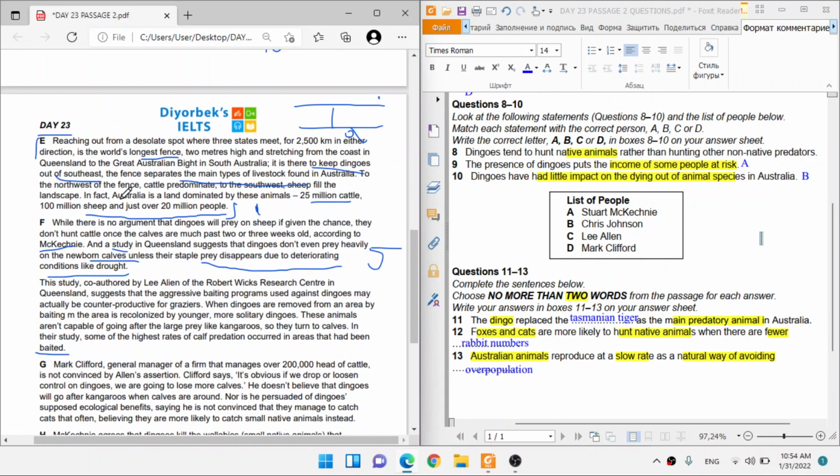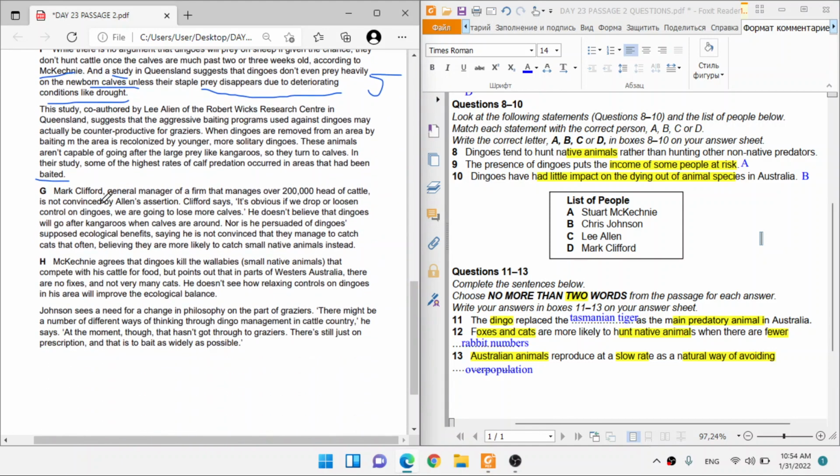Mark Clifford, a general manager of the firm, is not convinced by Allen's assertion. Clifford says it's obvious that if we drop control on dingoes, we are going to lose more cows. He's just saying that if we don't control them, they eat more cows. He does not believe that dingoes will go after kangaroos when cows are around. Nor is he persuaded dingoes